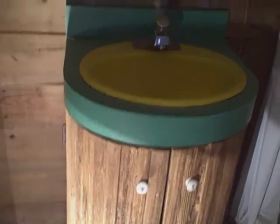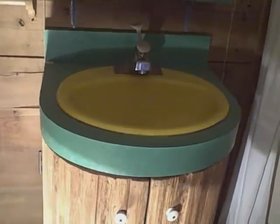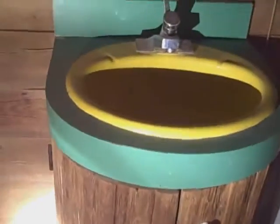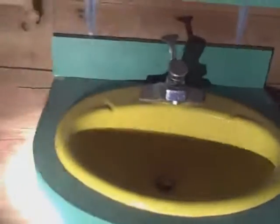This is really scary. This is more evidence to me that this artist did not have a lot of artistic sensibility, because what's horrifying to me is this green counter with this shade of yellow sink. I mean, you have got to say that's scary. That is scary. And this cabinet is